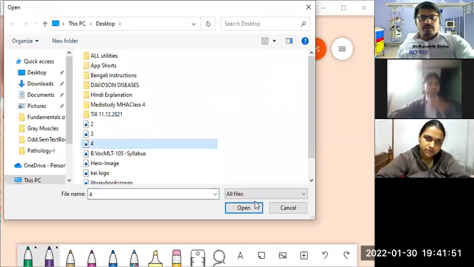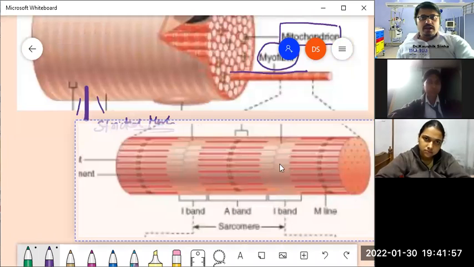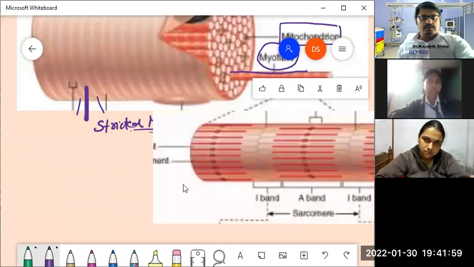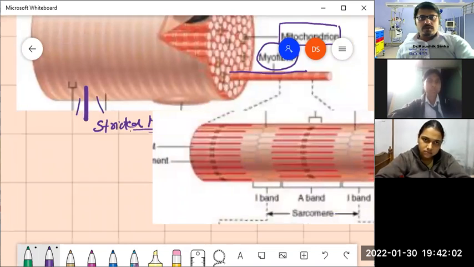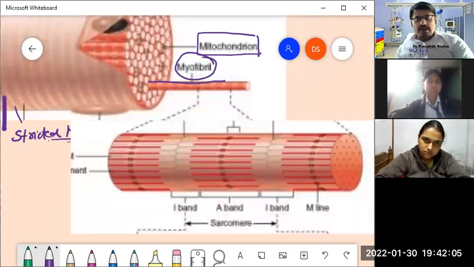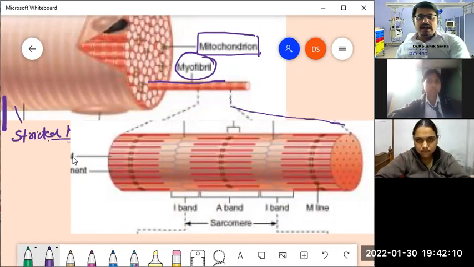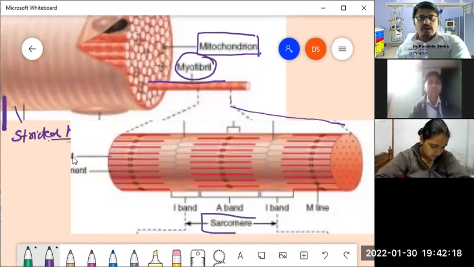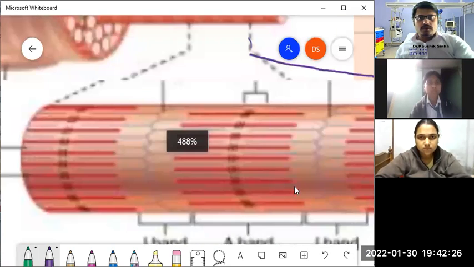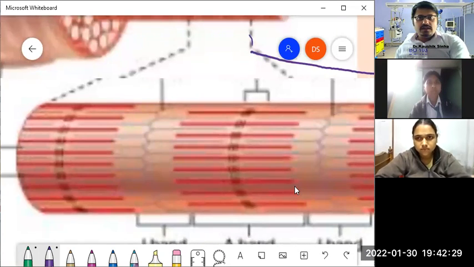Now, if we make one part of this myofibril enlarged, what we will now see is this particular formation. So what we have done is, we have taken a segment of the myofibril and have enlarged it. And on that enlargement, we are finding now the individual sarcomeres placed one after another. তাহলে একটা ইন্ডিভিজুয়াল সার্কোমিয়ার এর মধ্যে কি রয়েছে একটু বড় করে দেখা যাক. See that there are deep red